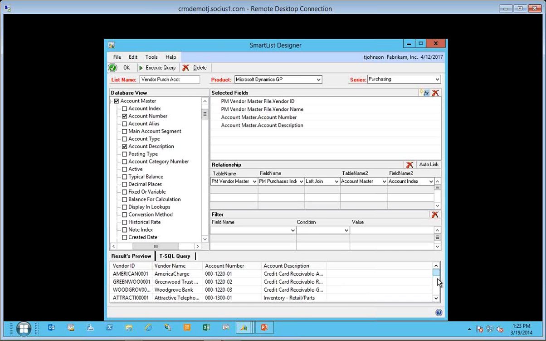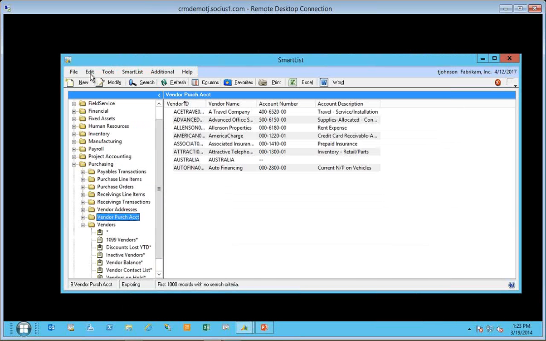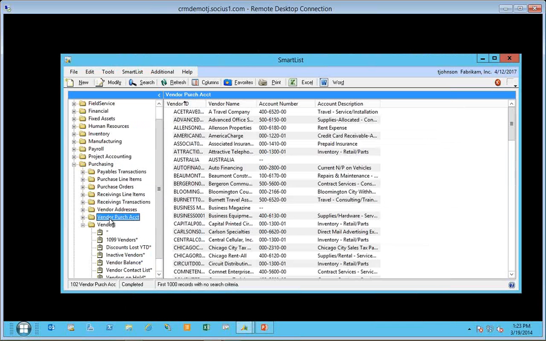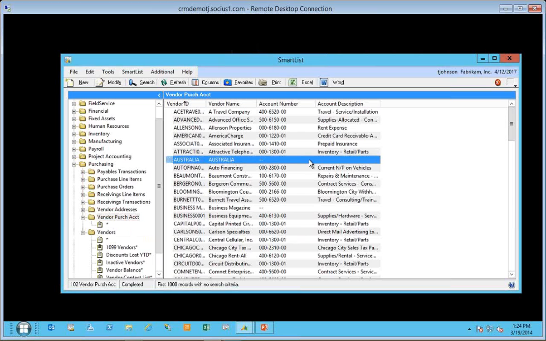All right, so I am done here. And so what I want to do is I'm going to say OK. And you can see it's created a new SmartList here called Vendor Purchases Accounts. And from here, maybe this is a little bit of training. I said I wasn't going to do this, but maybe I will here. Now it's just a normal SmartList. So I can see I've got some here that are missing the account number. So I can